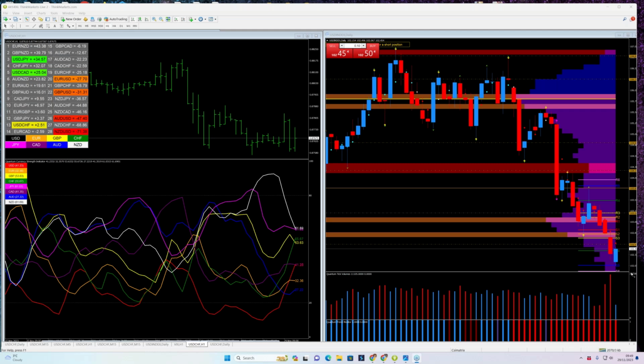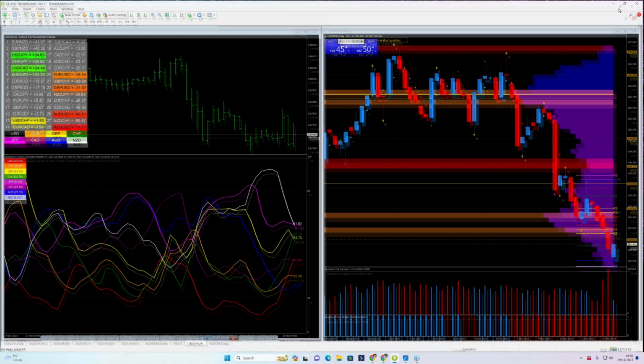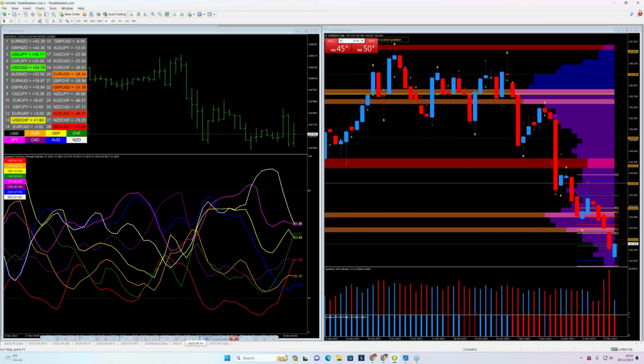Not only because we've got some really nice price action on the charts going on at the moment as we speak, and as I said, we're going to look across the time frames as well. I am, and obviously David, we're going to be looking at the MT4 platform, we're going to be looking at the Trading View platform, and David has the Ninja Trader platform. Obviously, with the dollar CAD, with the majors, the dollar is, if you like, the principal currency, and all the others are the counterpart currency.